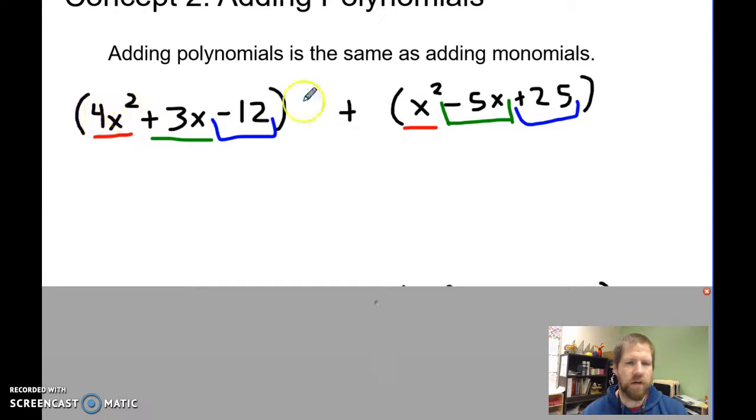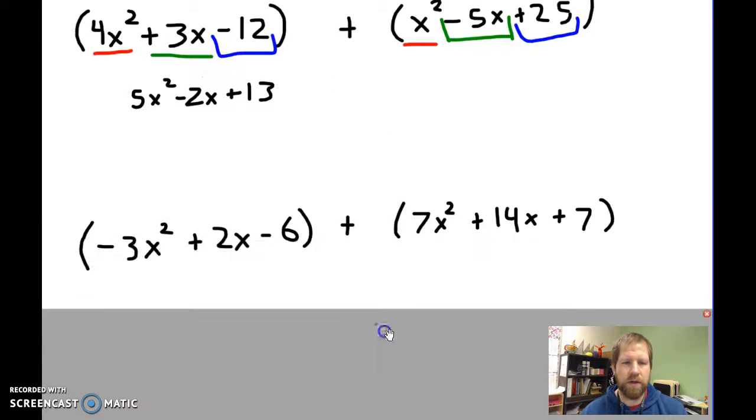So 4x squared plus x squared is going to be 5x squared. And then I've got a negative 5x plus 3x, or 3 minus 5 would be a minus 2x. And then a positive 25 minus 12 should be positive 13. Okay? Alright, another way to do it, and